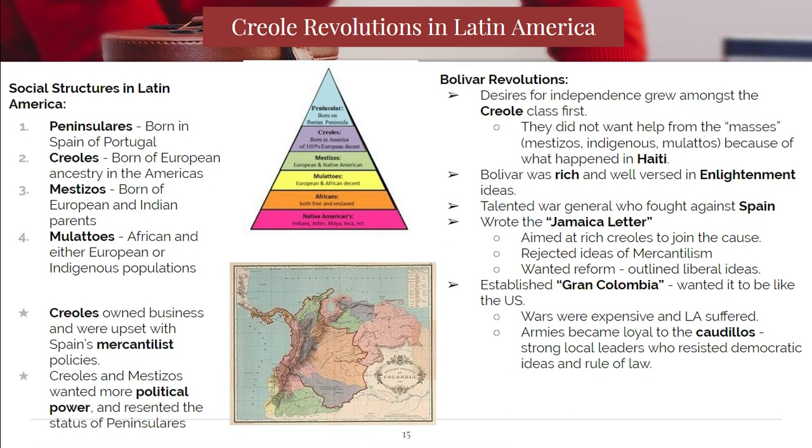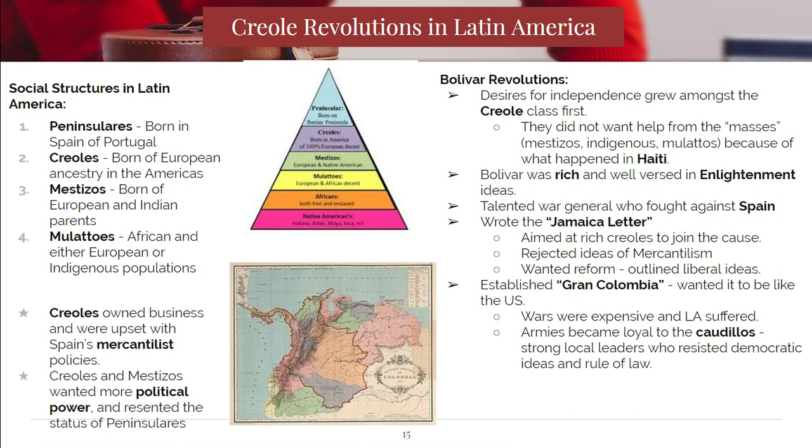Okay. At the top, you got the peninsulares, who are actually born on the peninsula, right? Spain or Portugal. Underneath them, the Creoles, right? They were born in America, but have two European parents. Mestizos and mulattoes have one European parent, usually a father, but not necessarily, and either one Native American parent or one African parent. In the case of the mestizos, Native American, and the mulattoes, African, right? Below them, Africans, whether free or enslaved, and then sort of bringing up the bottom, the Native Americans who are there,